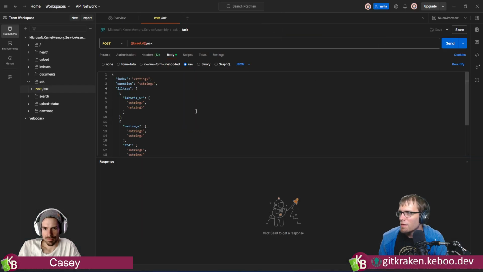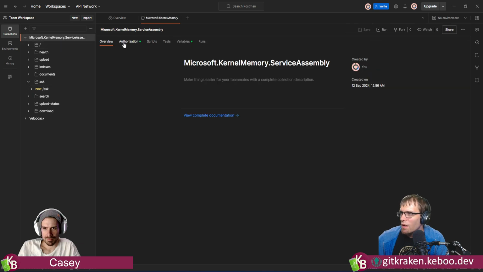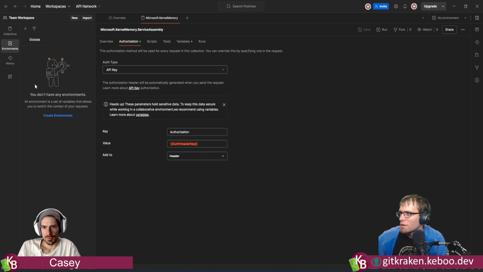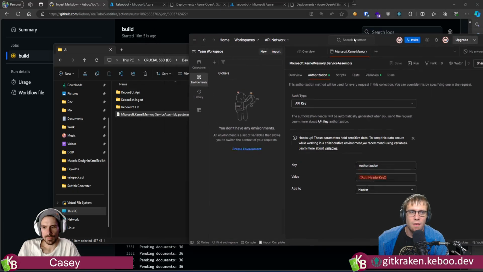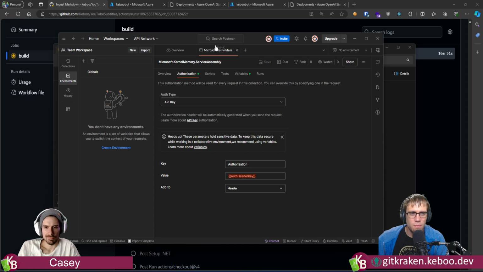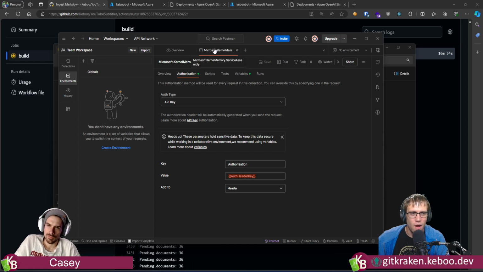I'm trying to realize, because I just imported this, I do the auth here. Yep, and it's handled via the API key that you have set up under the environment. But I don't have an environment. Is this a new computer? No, but Postman had lost my auth, so I had to re-log in and re-import the file.